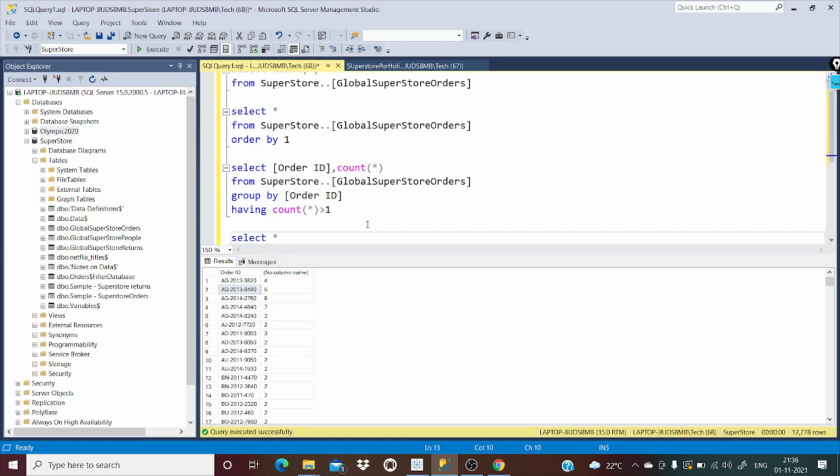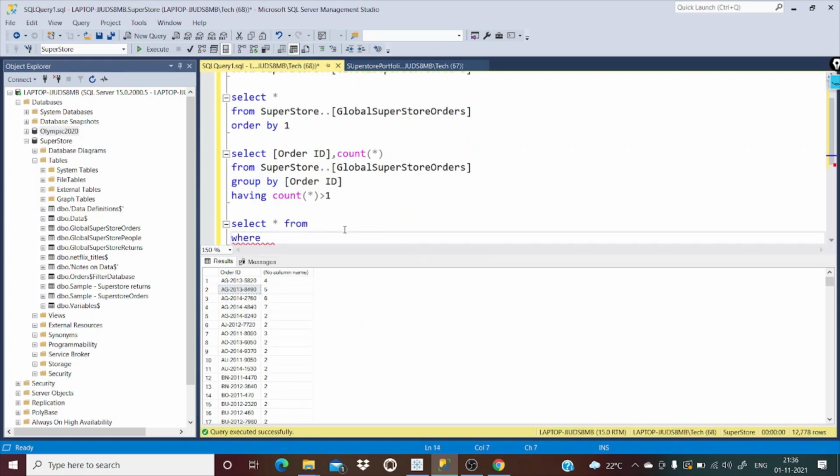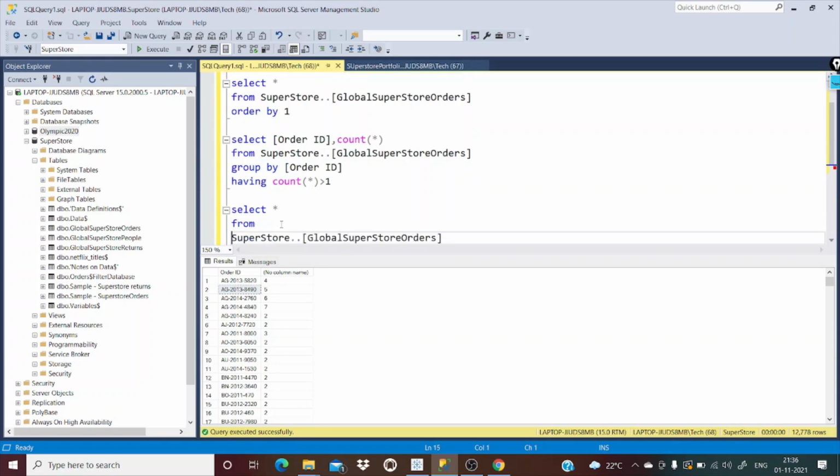Select star from the table where order ID equals this. I'll just paste this. Let's run this.